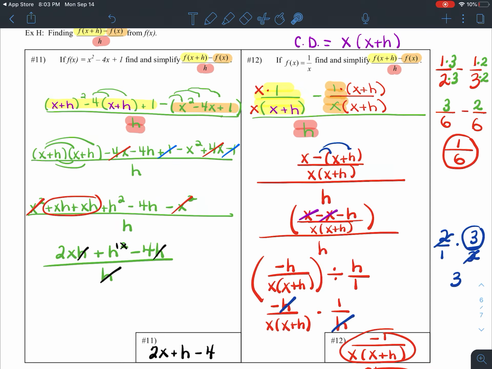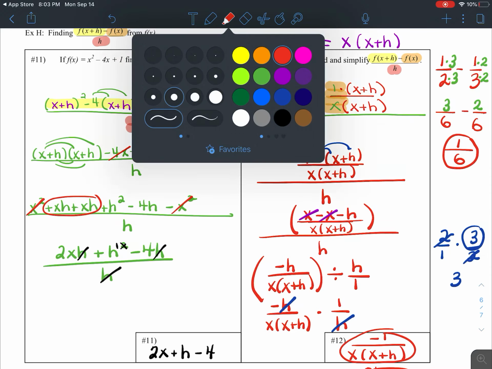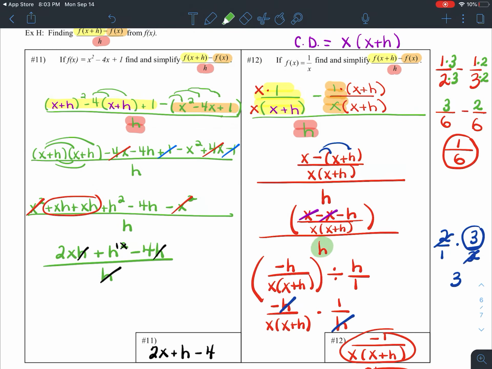There are going to be several problems on the homework that ask you to use this difference quotient, even some like this, where you're going to have to work through getting a common denominator, and at some point in the problem, you're going to want to